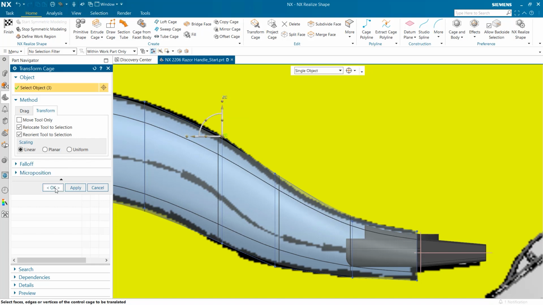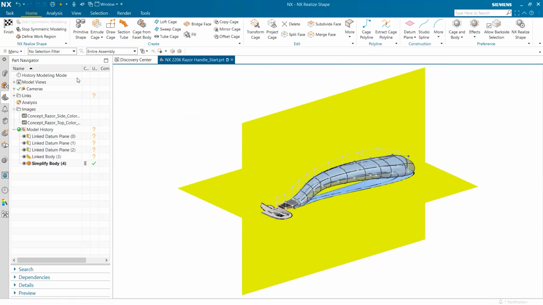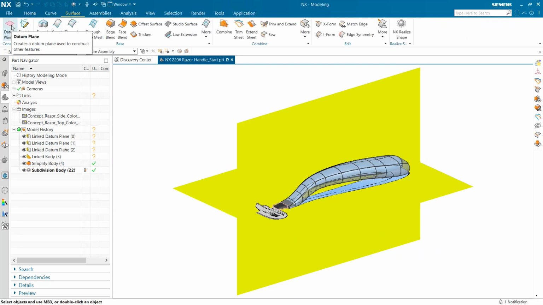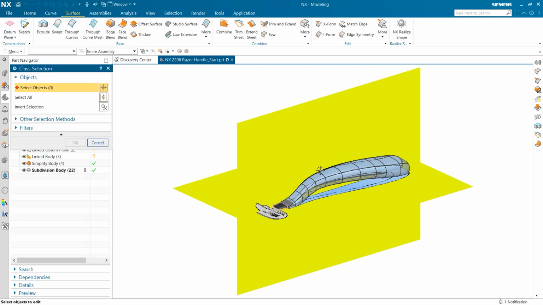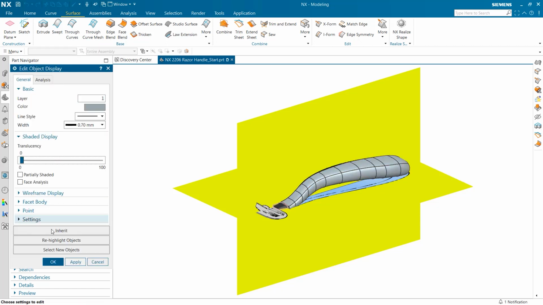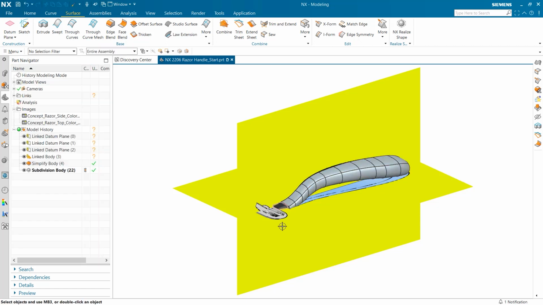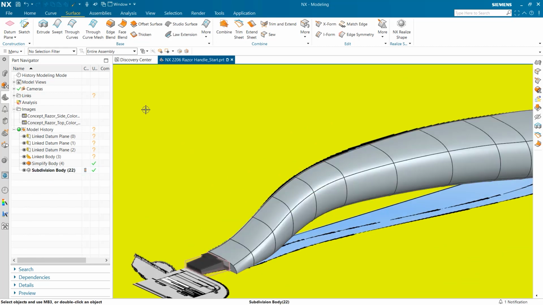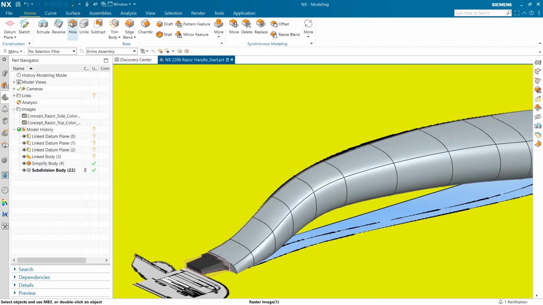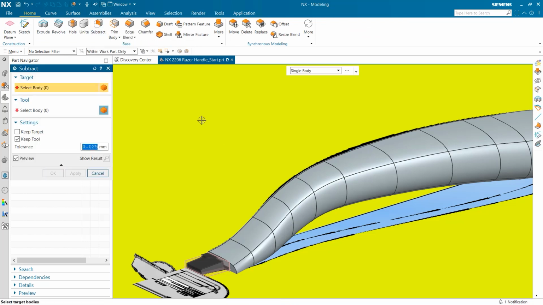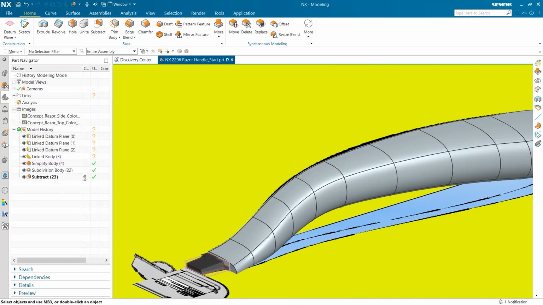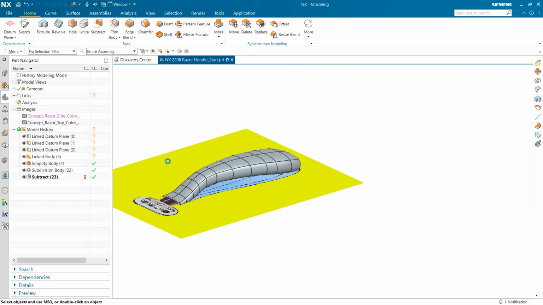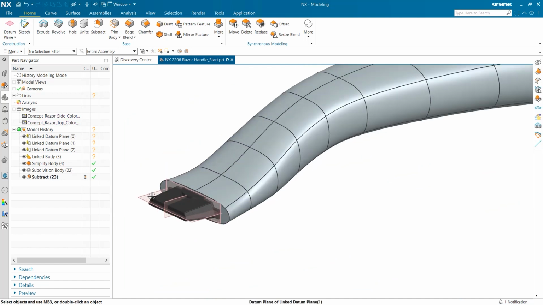Once you exit the NX Realize Shape tool, the previous steps used while in the Realize Shape are stored in a subdivision feature. This feature can then interact with other forms of modeling. In order to create the recess in the handle for the razor blade connector, I can subtract a body that represents that. During the subtraction process, I am maintaining the tool body so I can use it downstream. And I am just using standard NX modeling features to do this, so I'm combining Realize Shape with standard NX modeling features.